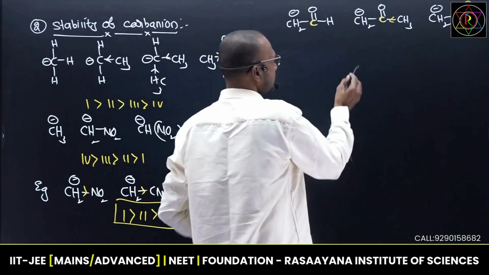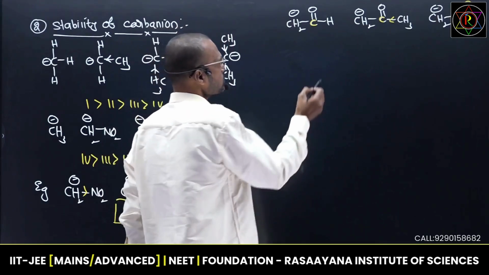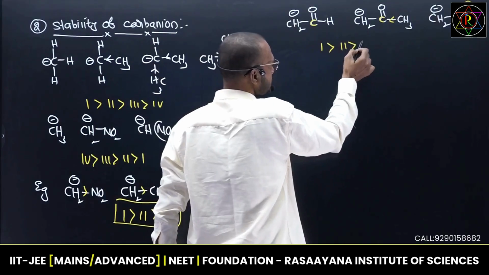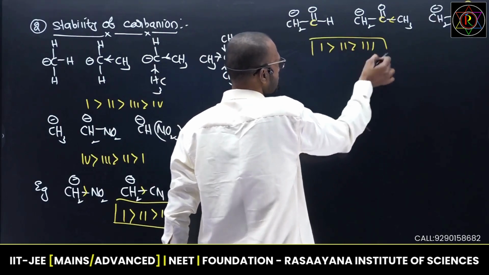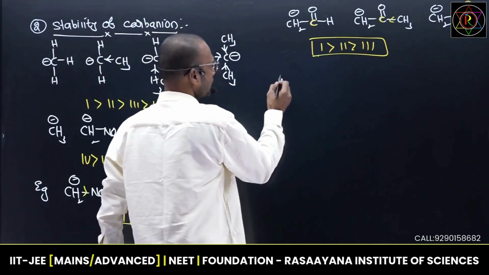So I can say the greater the withdrawing capacity, the greater the stability. See the order that I gave. So based on that, I can say the first one is more stable than the second, and the second one is more stable than the third one. That is the order of stability for carbanion. Okay. Then go through